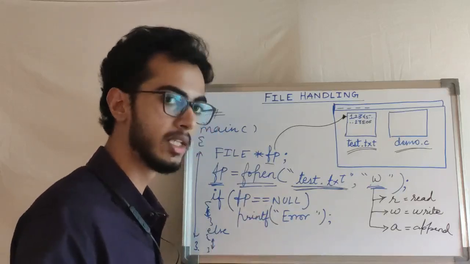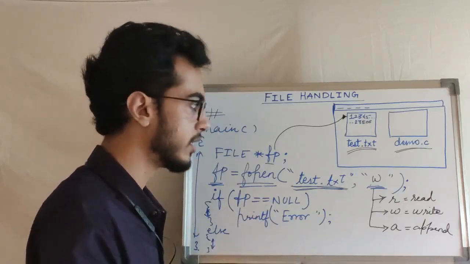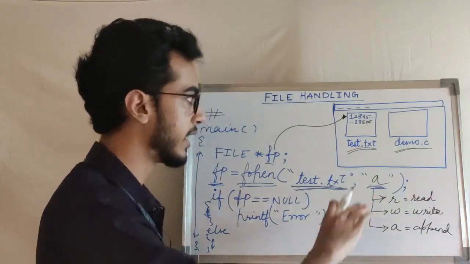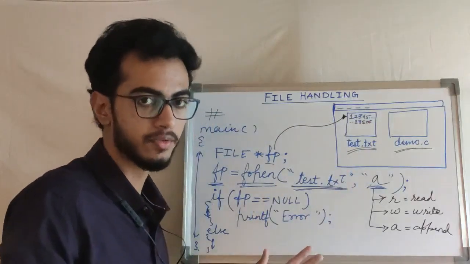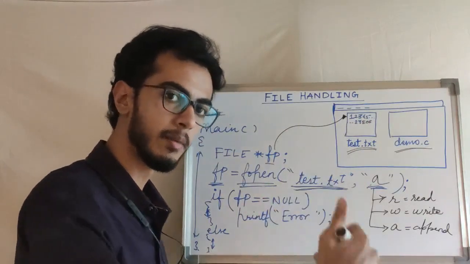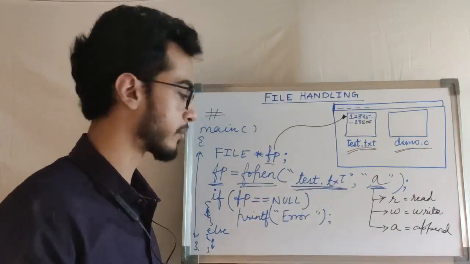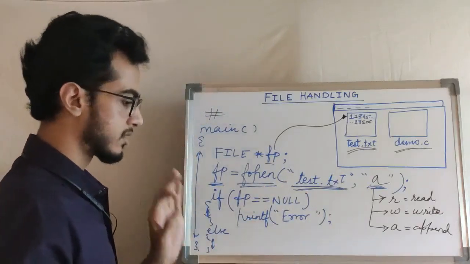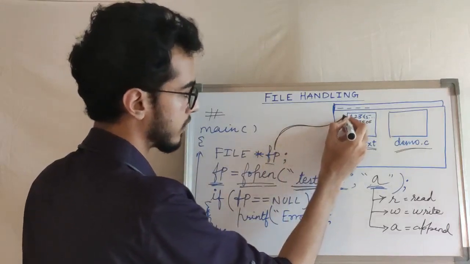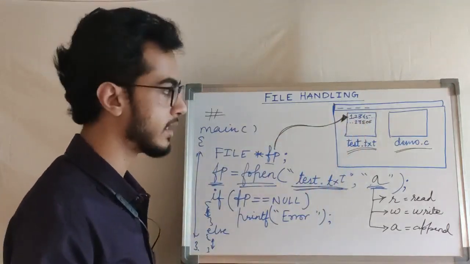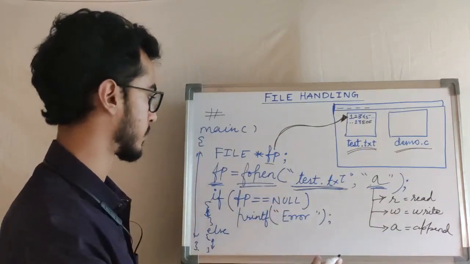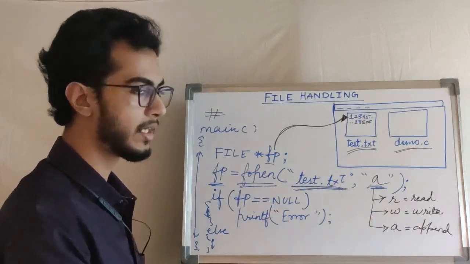If you do not want this, if you want to preserve the old contents, then you have to open the file with a, that means append mode. If there exists some data inside the text file, it will remain as it is, and whatever data you go on writing will be appended from the end position. So fp is the pointer to the file that I want to refer to. In this case it is test.txt. This format is a template that you will have to follow.